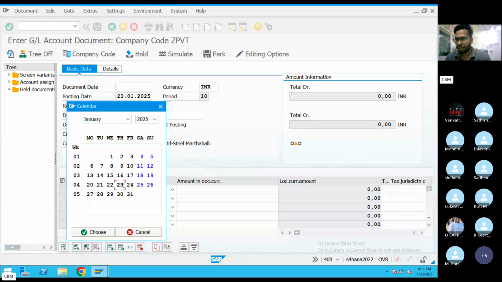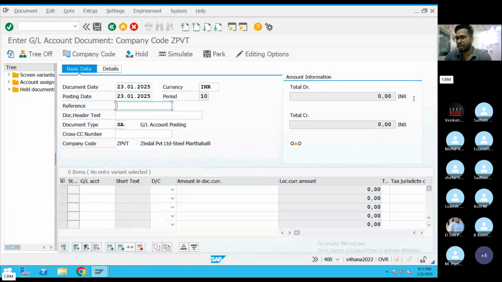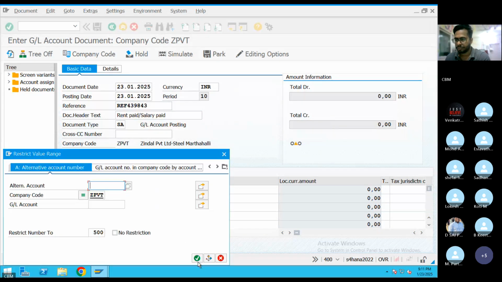Document date means transaction date, then reference number. In the document header, enter rent, salary paid. Here you need to give the GL account.